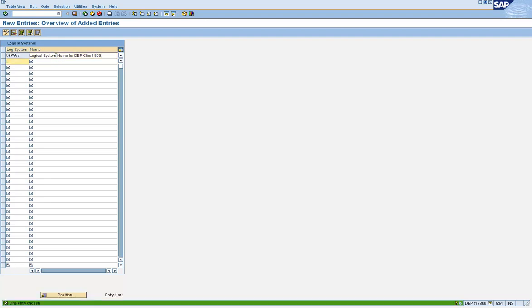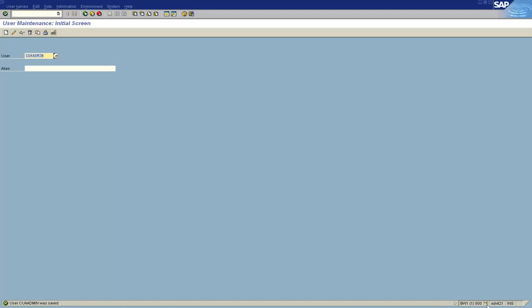Now in this step, the logical system names for every client that is involved in the CUA setup have to be defined in each system. Meaning, in our example, we have two clients: one is DEP 800, the other is BW1 800.